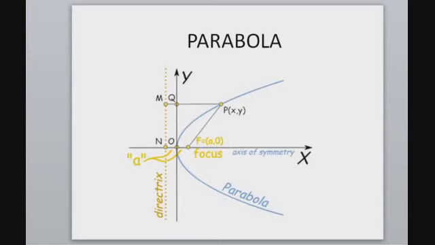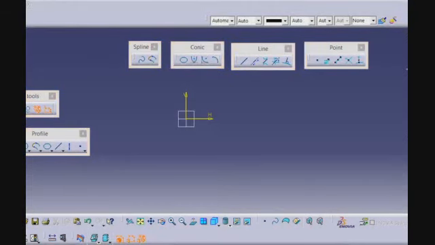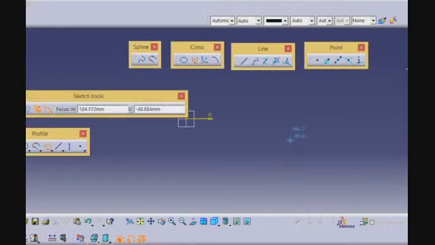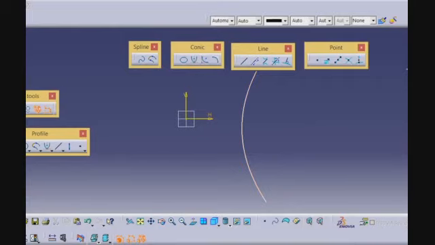Next we will go for parabola. In the parabola, as we know, we have a focus point, axis of symmetry, a parabola starting point, ending point, directrix and the neutral point N, which should be known by you before drawing the parabola. In the parabola, first we will give the focus point. First is the focus point, later you should give the apex point, then the start point and the end point of the parabola. This is how you can create the parabola.